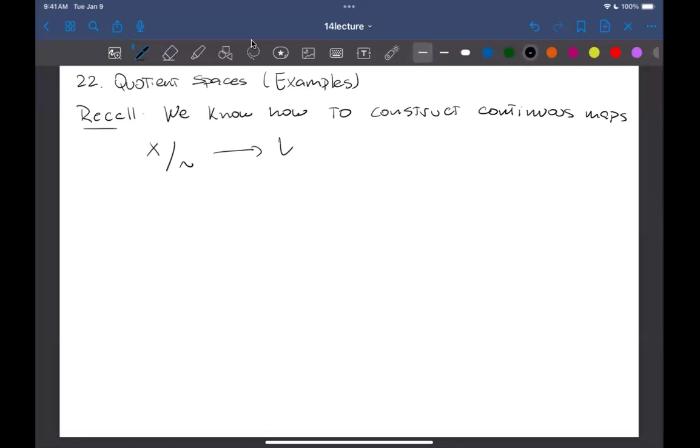So if you want to construct a continuous map out of a quotient space, we can do so just using continuous maps out of X. So I'm really going to use this today with not much emphasis on what we already know. But in case you don't remember what I'm saying here, maybe go back to the last two lectures